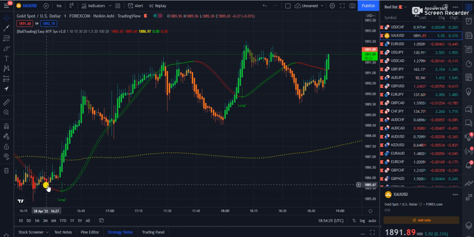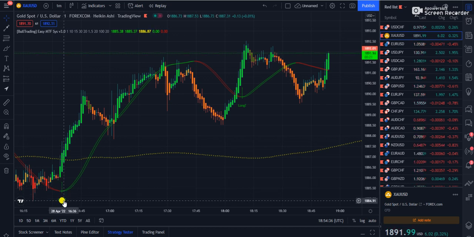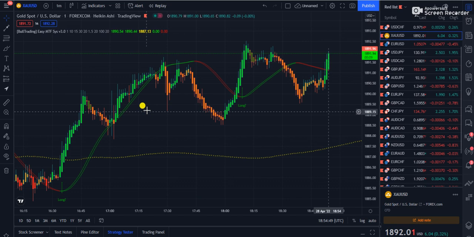Like for example, look here, the moving averages turned green. That was your possible buying entry, and it has also provided you with the long arrow. Long means that you should go in the upward direction. You can take your buy positions, and even if you are doing any other form of trading like binary options and even crypto, you can use this indicator because it is completely free to use on